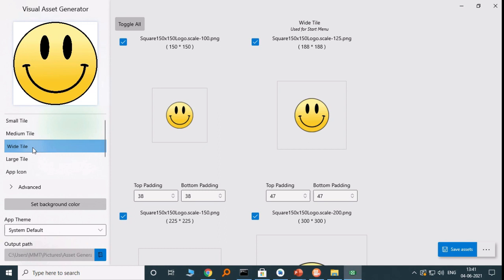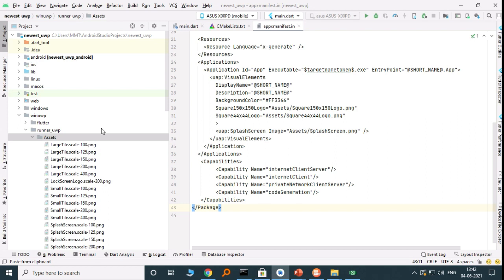Here it is giving us a message that this will override any existing files in the asset generator. So we need to click on yes. Here the application is saving all our auto generated assets, and we don't need to resize it again and again. Now it is giving us a message that the assets are properly generated and the process is completed. Here we can see the 51 icons.